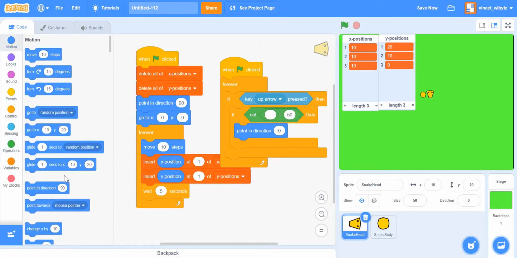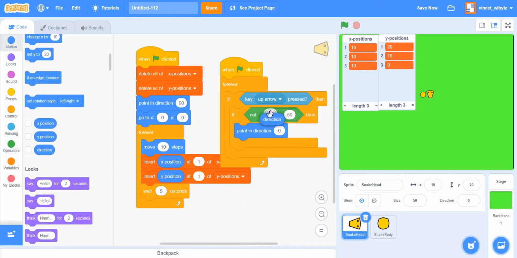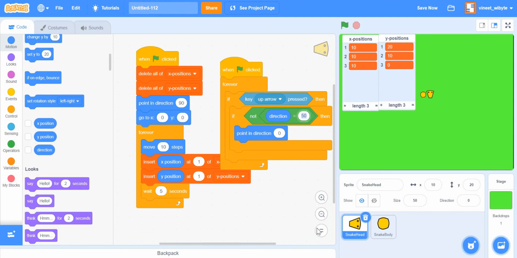So basically I go here and I say direction. If the direction is not 180, which means 180 would mean the snake is going totally downwards, do not do anything; otherwise just turn it upwards, which is point in direction 0, right? Now one question that you might have at this point of time is why did I use when